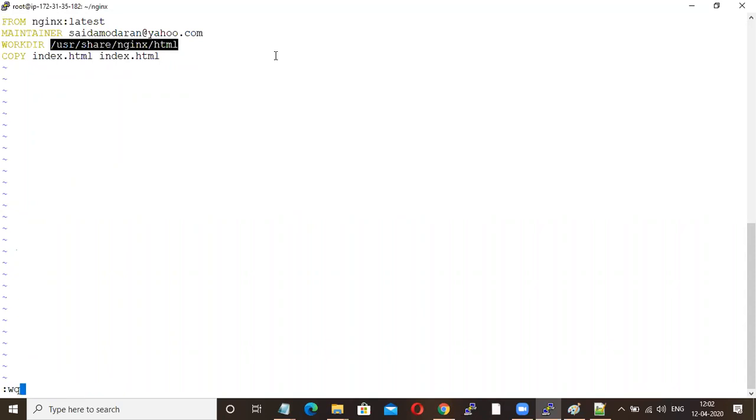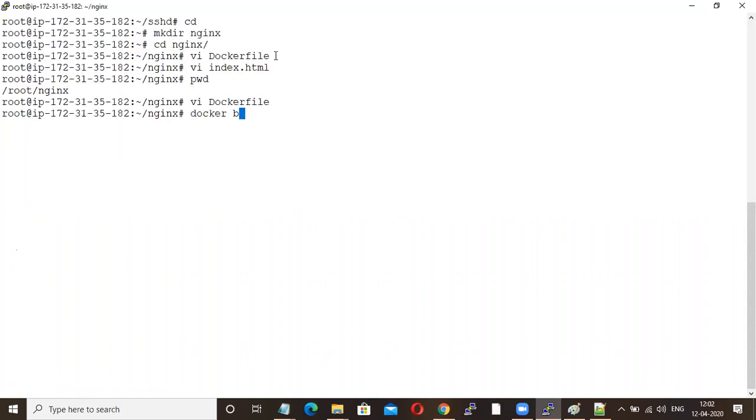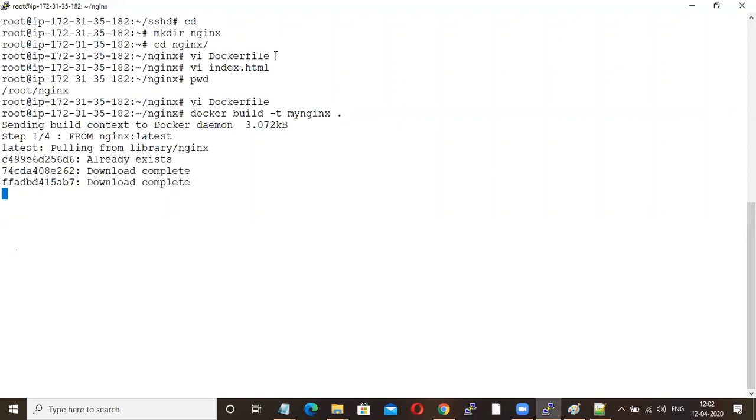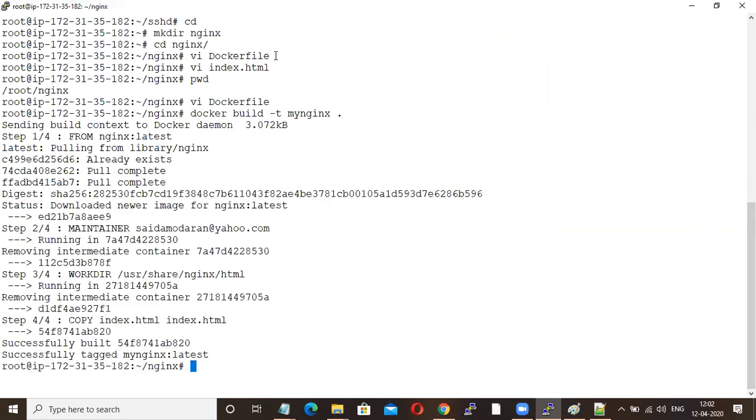Now docker build -t my nginx, and the dot is where your Dockerfile is present. Now this index file is copied to this path.